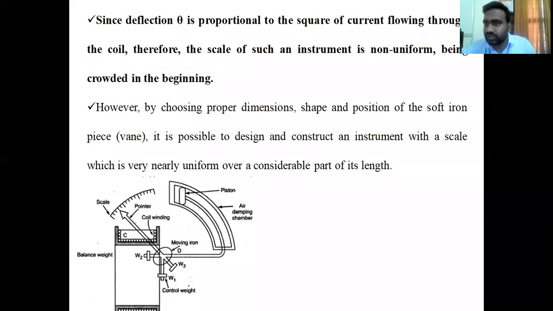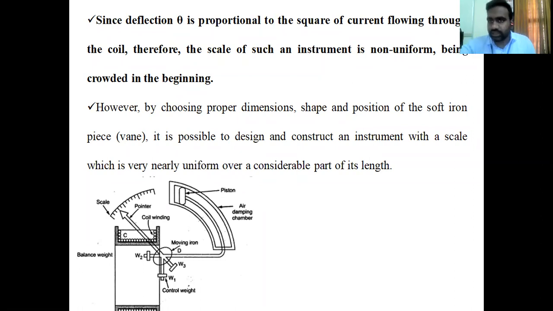Some of the people asked a similar question in yesterday's class also. What is meant by the deflection angle and what is meant by the deflection torque, we already discussed in our previous classes. Deflection torque is the torque required to move the needle from the initial position to a particular maximum magnitude. So that is nothing but deflection torque. What is angle of deflection? Angle of deflection is at what particular angle the needle moved from the initial rest condition to a particular maximum state. So that is the difference between the angle of deflection and deflection torque.